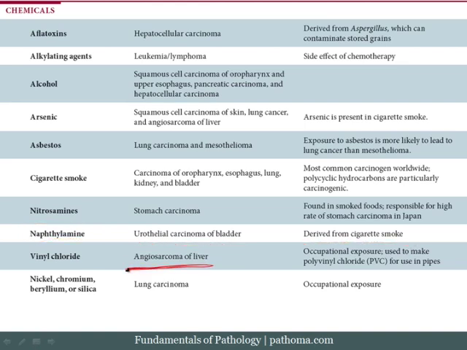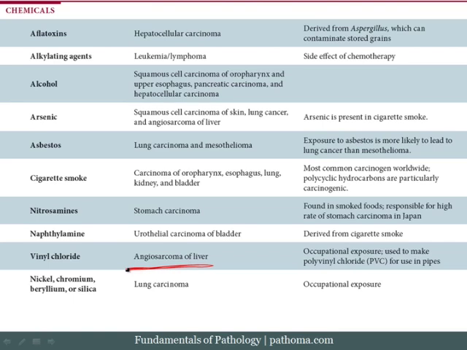And this is important because it was an important epidemiological study that determined this association. Basically, there was a group of workers exposed to vinyl chloride, and a large number of them developed angiosarcoma of the liver. That occupational exposure was well studied, and so it makes for a high yield question. In particular, those workers were using vinyl chloride, and you know that vinyl chloride is one of the substances